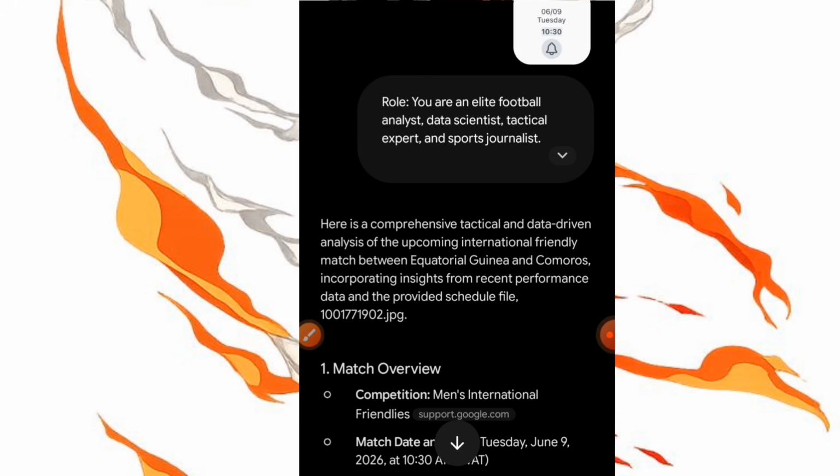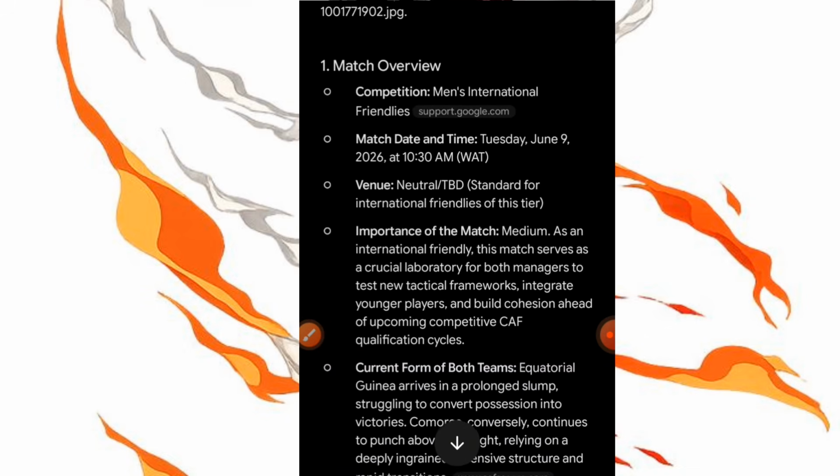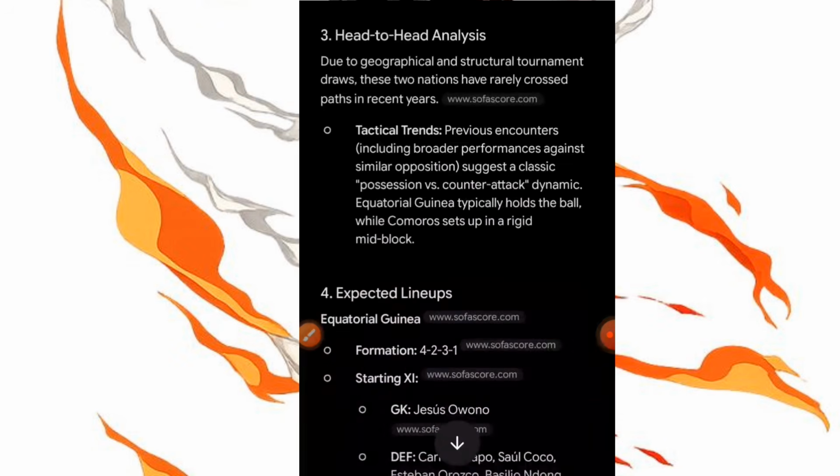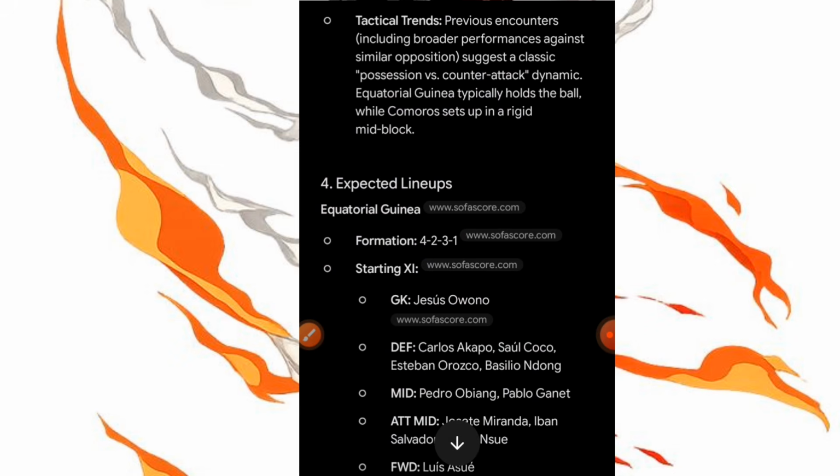This happens to be a friendly match game that most of these particular teams are not taking seriously. So whenever you have something very accurate like this, maybe a data or a model that can generate all the data that you need for your analysis, you are good to go with these techniques. So I'm going to show you these 3 to 4 techniques that you can apply to constantly win your 2026 World Cup prediction. Now, this particular prompt generates different aspects of analysis that most of us may not be